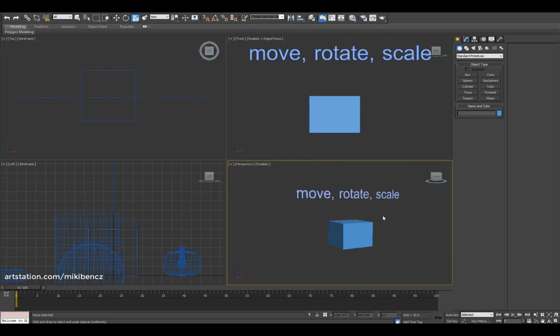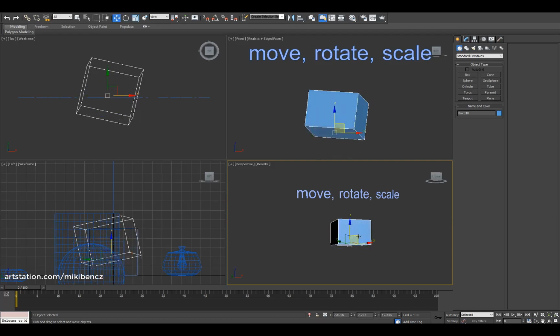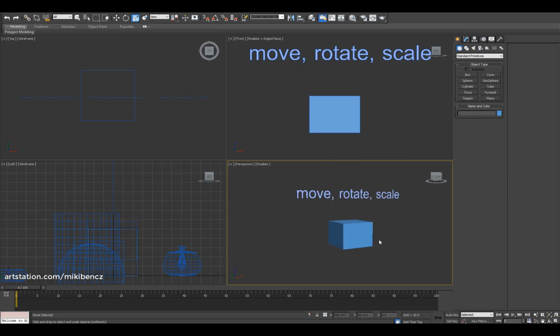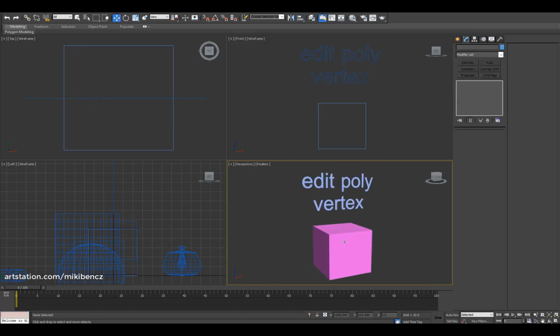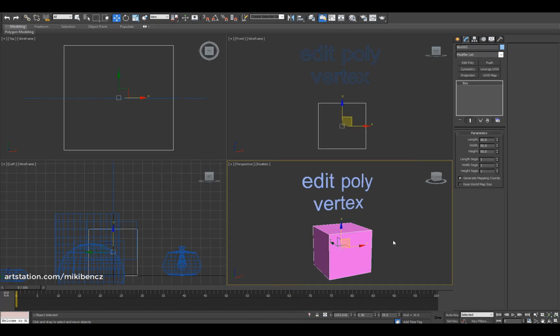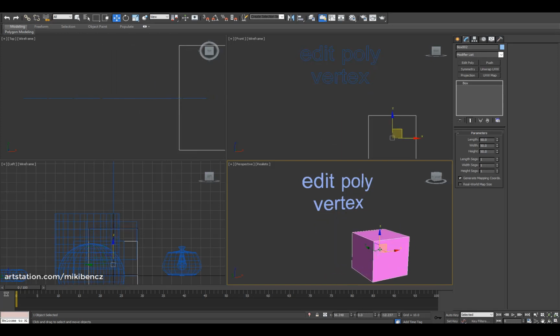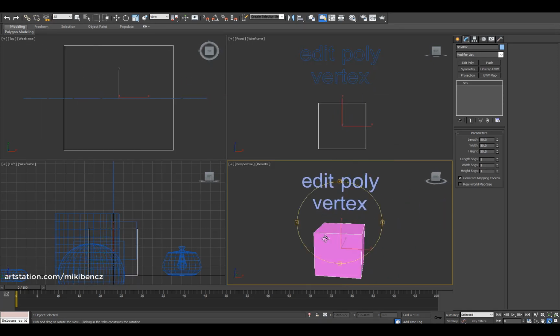So that's it. It's basically the same things as the navigation, like you have rotation, move, which is the pan, and then the scaling. So that's it for moving the objects. So now we have again our primitive here, just the box. Now we know how to move it and rotate around,